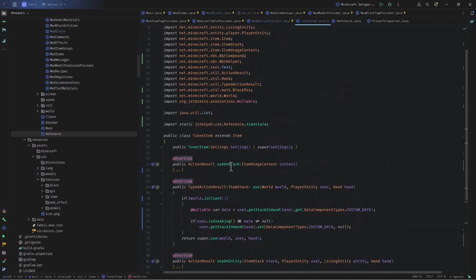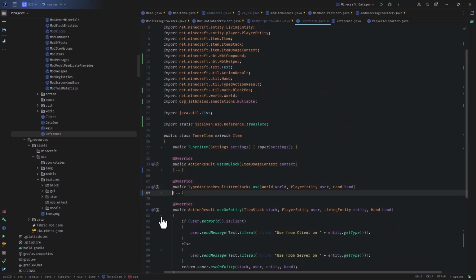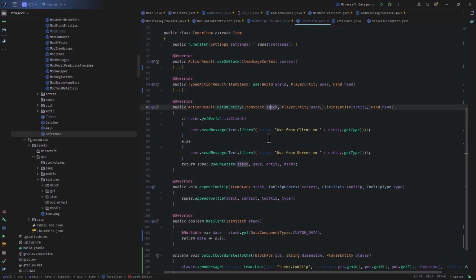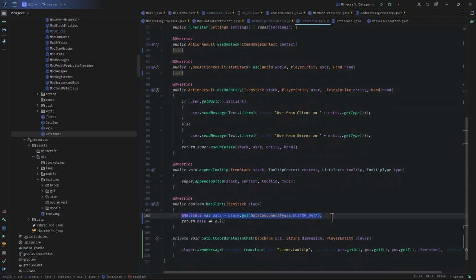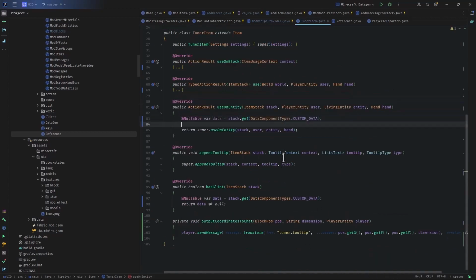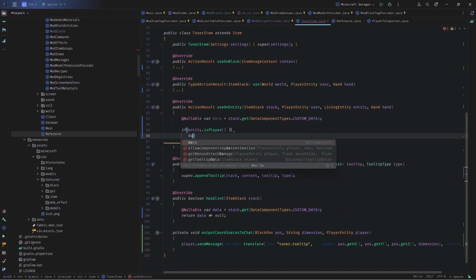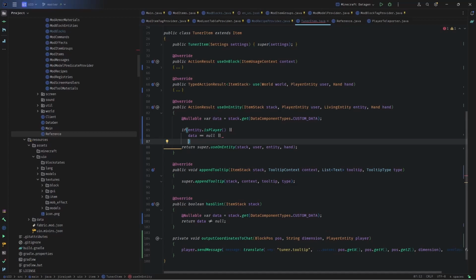So far, so good. We added information, we cleared the information. Now we want to use that information. For using the information, we have this stack itself. So we use this line and we get the data directly from the stack itself. Now we want to make sure that we are not teleporting some special things. For example, if the entity is player, we don't want to teleport players around. If the data equals to null for whatever reason, because we can click on entities with an item that doesn't have data. And finally, if